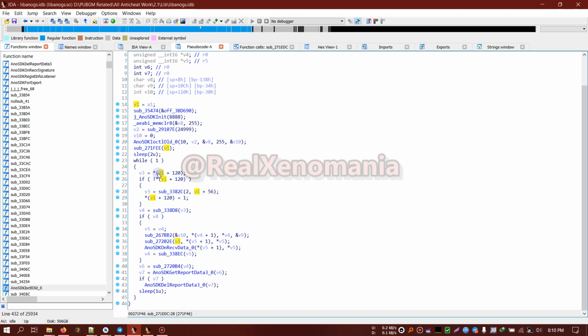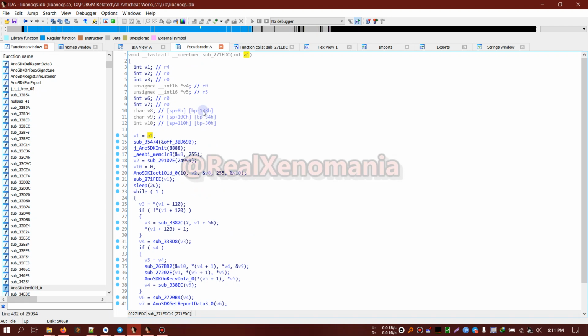This is a pointer, v1 address. It points to something, but that thing plus 120 is going to be our target here, which is v3, and v1 is passed from a1, which is this thing. So all of these functions depend on v1, which is passed from 271 edc,